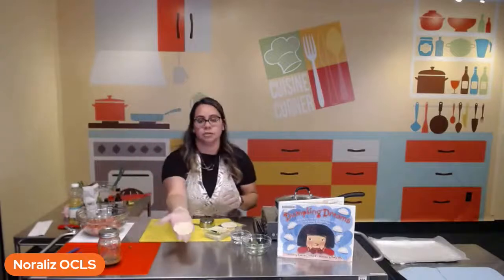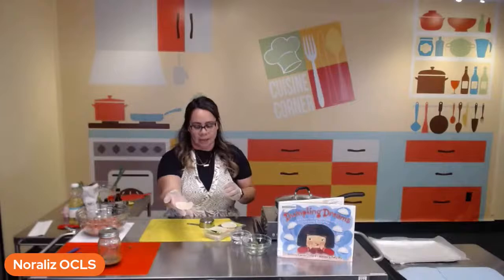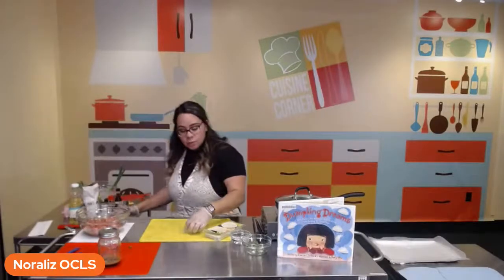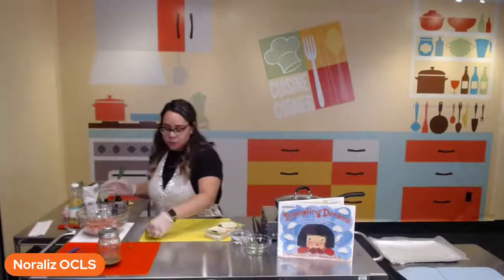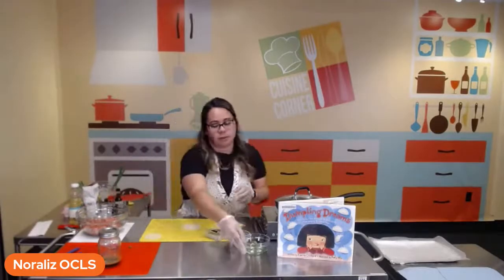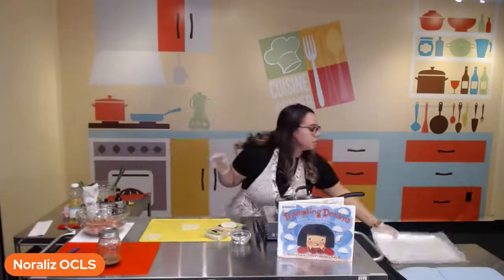And you have a nice little circle. So these are going to be your little puffy clouds to make your dumplings. If you want to do that, you're more than welcome to do that. We are going to use them just as a square here. I'm going to put this over here, and I'm going to bring over